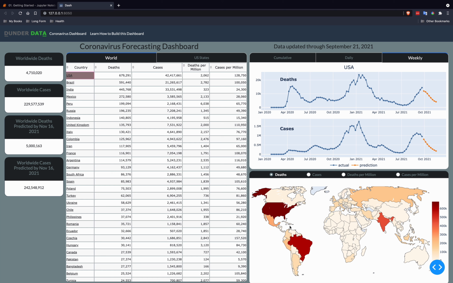You can color them by a different value. If you want to make it more equitable to all countries or states, you can use the per million. So there's deaths per million and cases per million. So that's that. And then over here, importantly, is that you can change the country or state that is used